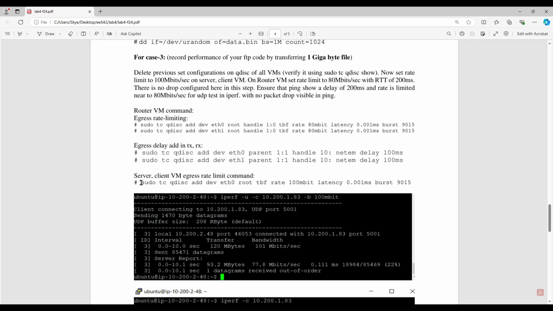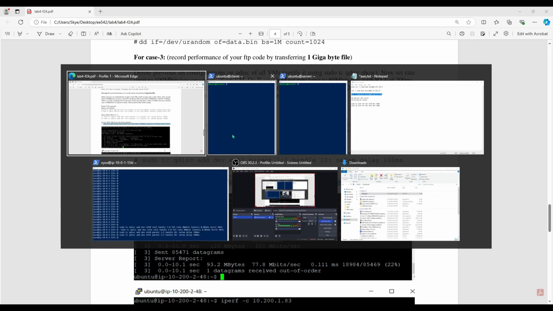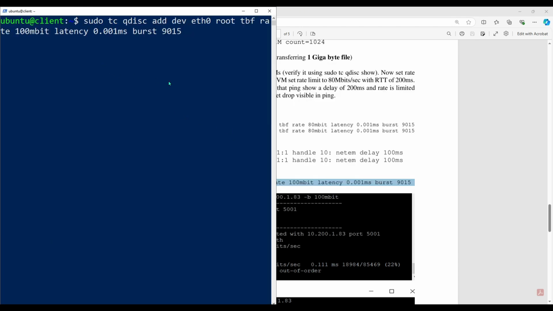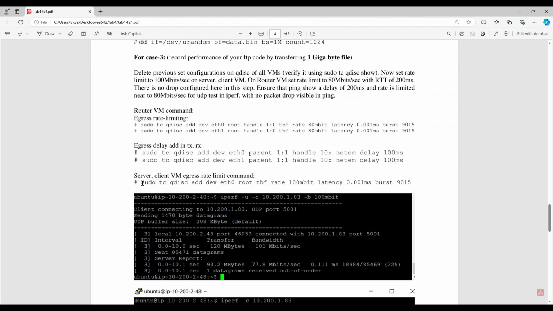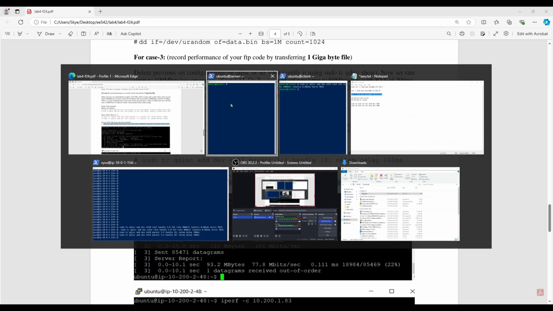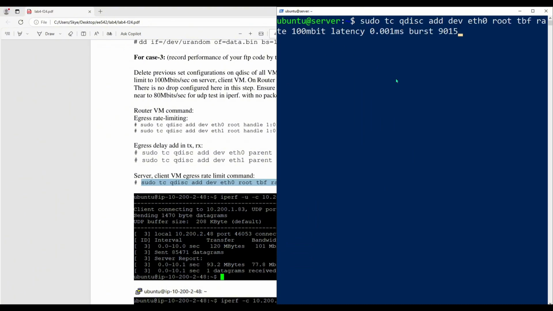And similarly, we can set the bandwidth at 100 million bits per second on the client for ETH1, and it's the same for the server. We can use a command to set the bandwidth at 100 million bits per second. Okay,